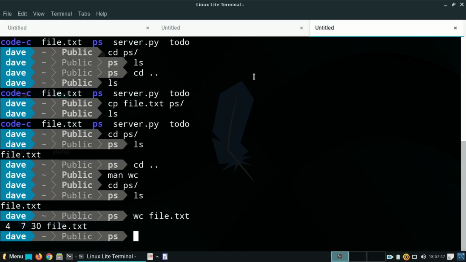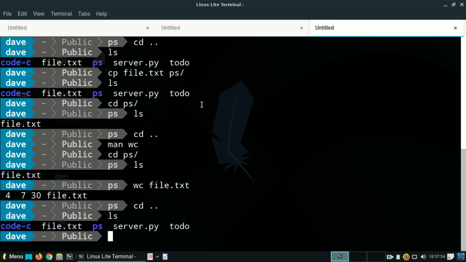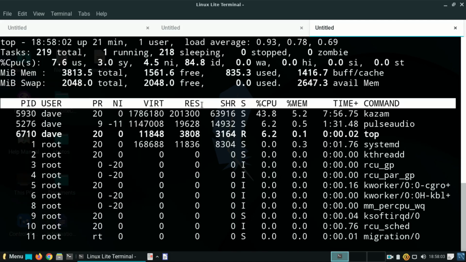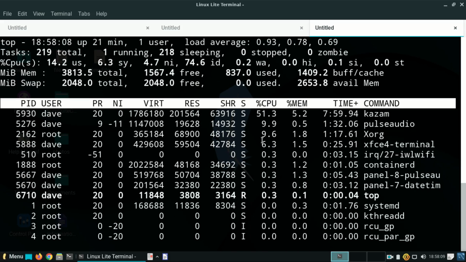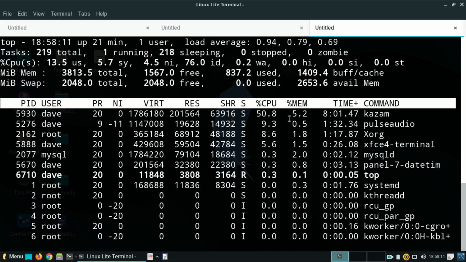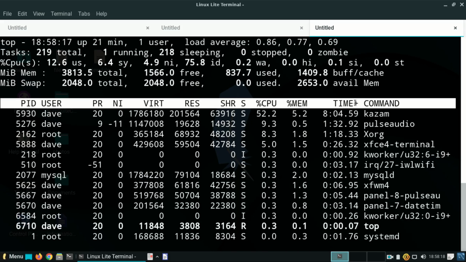Another important command we're going to look at is a command called top. Again, I'll enter back into my directory. We'll be working from this directory. So another important command is a command called top. Okay, so if I press enter, as you can see here, it brings up for me this menu, and coming here you can see different things. Like for instance, you can see here it says CPU %, it says here memory %, and then time, and